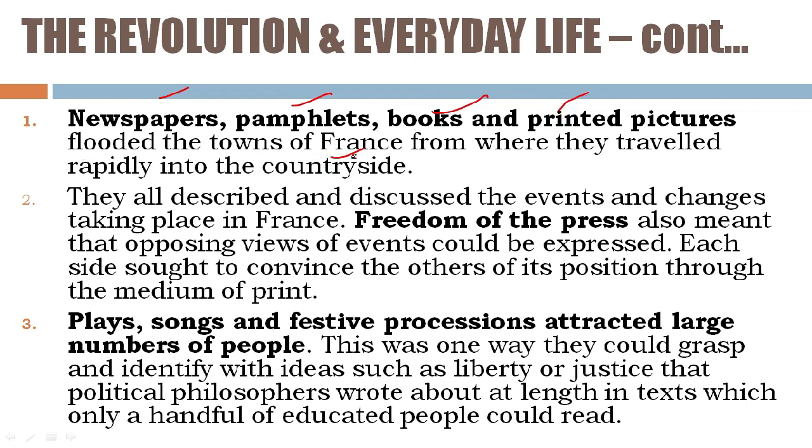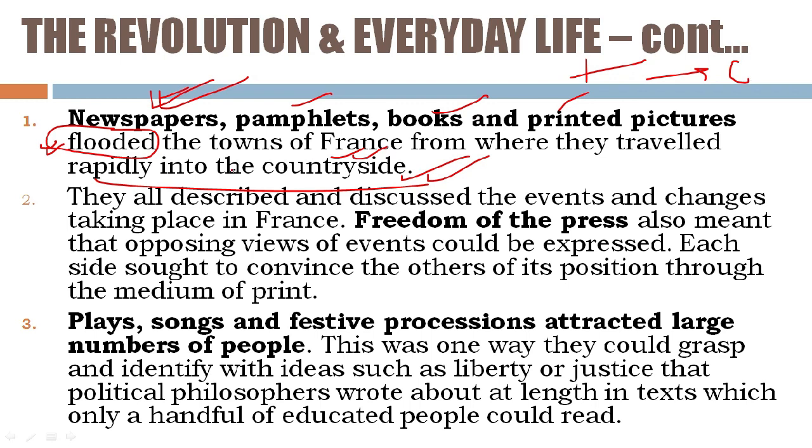Now we see what was the result of the abolition of censorship. We see that all the kinds of printed materials, all the possible printed materials at that point of time, like newspapers, pamphlets, books and printed pictures, flooded the towns of France. It means a huge supply was there in the towns of France of all these printed materials, from where they had traveled rapidly into the countryside. So we see that from towns to the countryside there is a huge supply of all the printed materials after